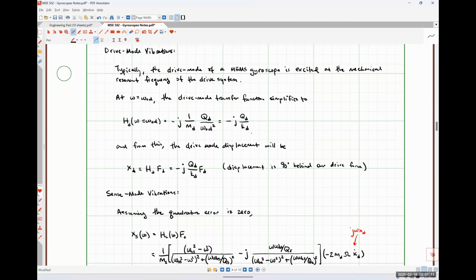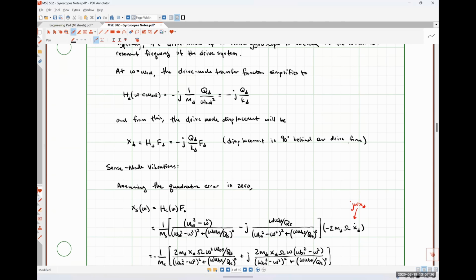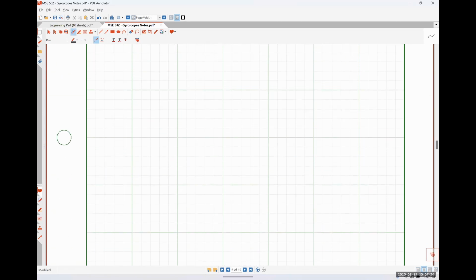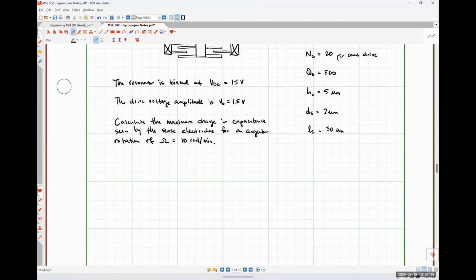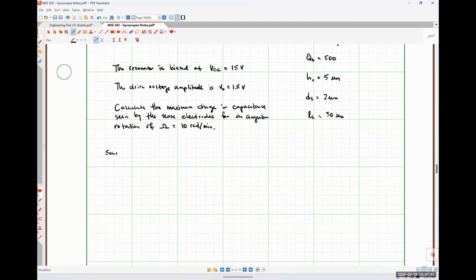So we are going to actuate our drive mode at the resonant frequency of the drive system because that is what is usually done. And so we are going to need to figure out what our drive mode vibrational amplitude XD is, which means we need to figure out what that force FD is. Okay. So starting with our force, okay. So our drive mode force,